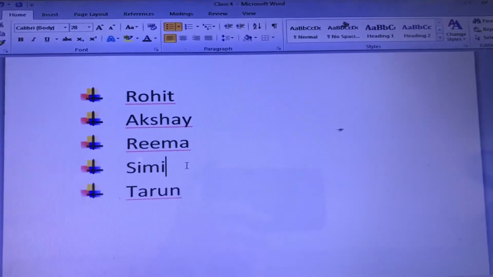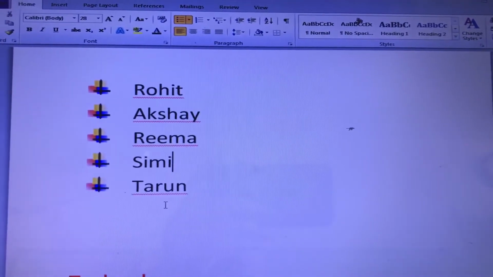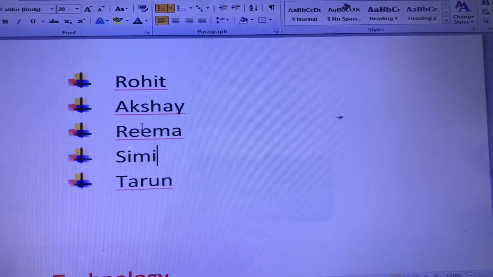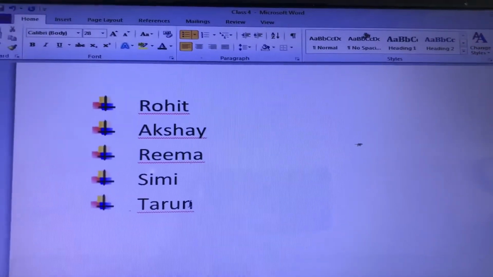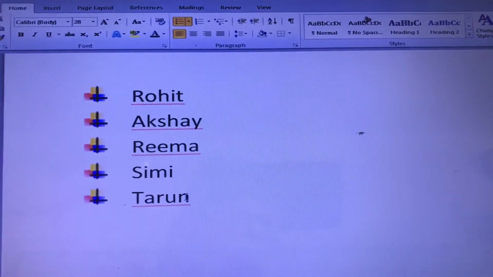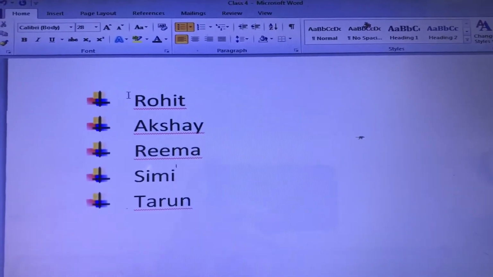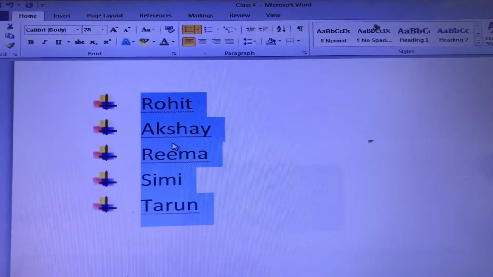Now students, let's suppose I want to make a roll number wise list. Rohit roll number is 1, Akshay 2, Rima 3, Simmi 4 and Tarun 5. I want to make a roll number wise list. Then what I will do, I will select numbering. So let's select the text again. You have to select the list. Then you have to go to home tab.